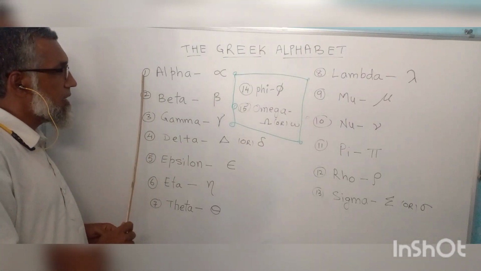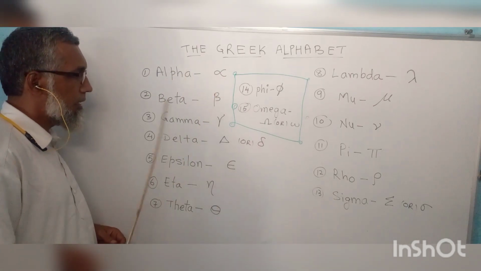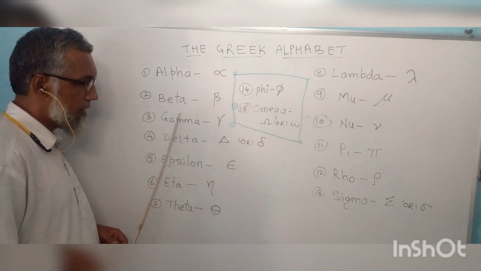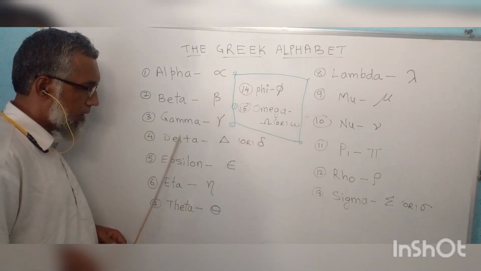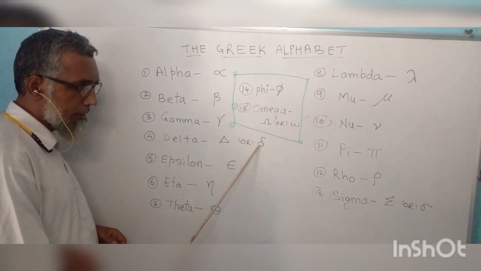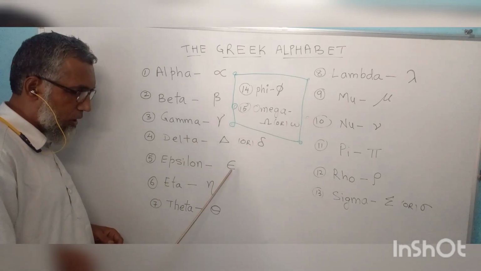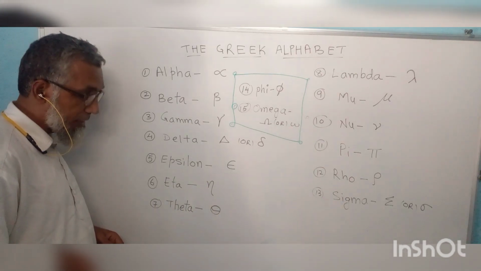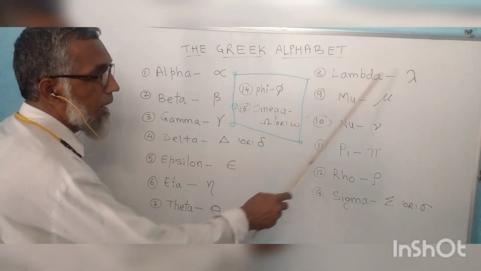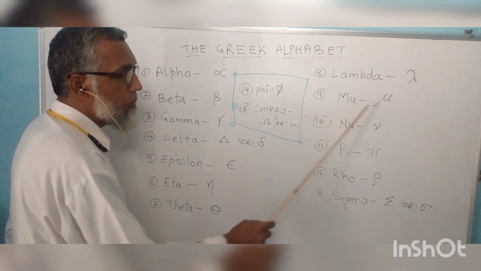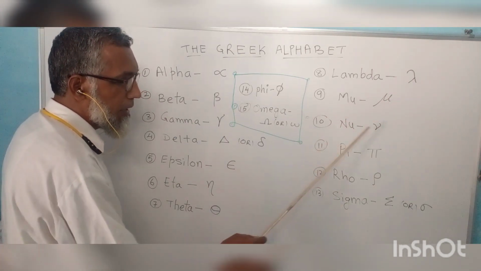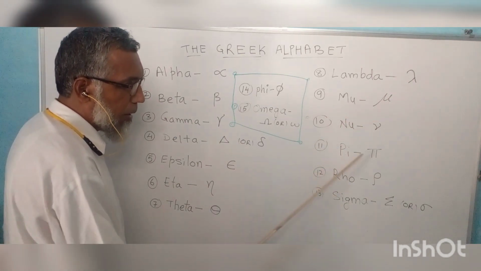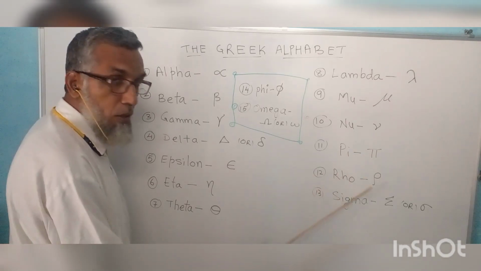So first one is alpha, beta, gamma, delta, epsilon, eta, theta, lambda, mu, nu, pi, rho,